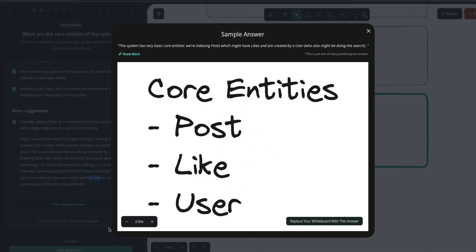Okay, they don't have topic here. This system has very basic core entities. When indexing posts, which may have likes and are created by a user who also might be doing the search